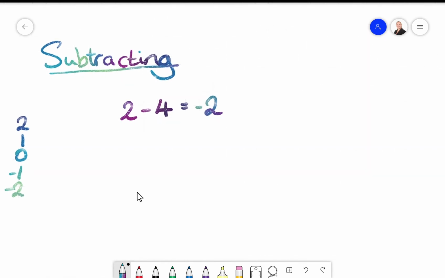Okay, now I could go minus 2, minus 4. So now I'm starting at minus 2 and then I'm going down 4. So minus 3, minus 4, minus 5, minus 6. Now here, let's start at 2 and then I can take away